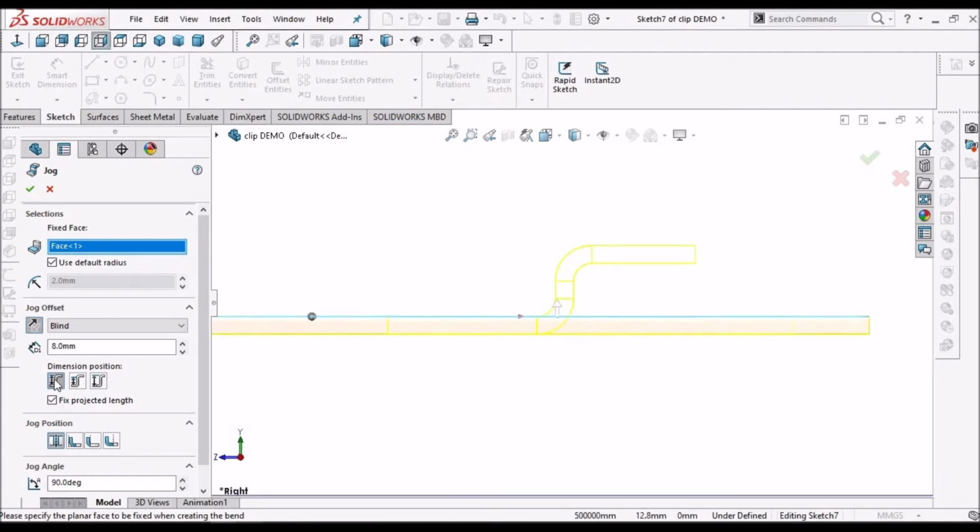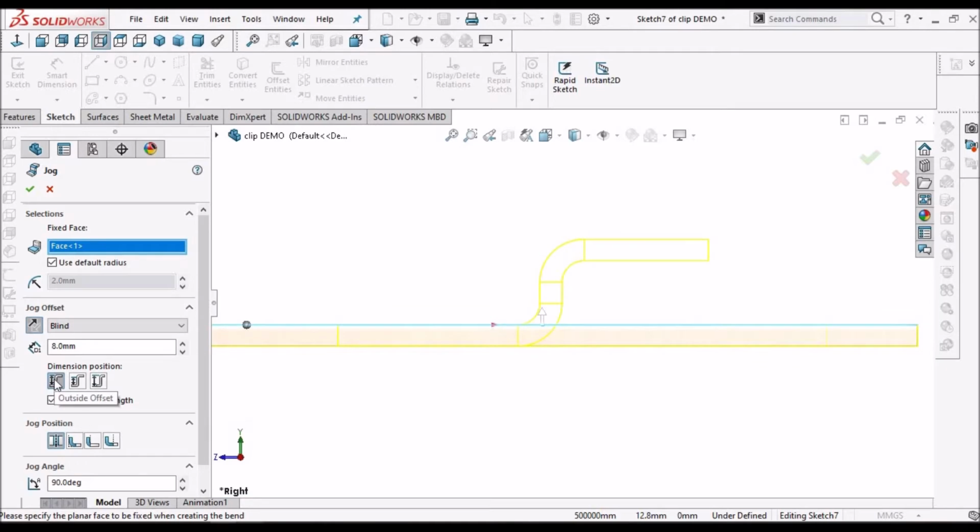Here when I select this option, outside offset, the height, whichever I have taken as 8 mm, it calculates from this edge to the outer edge of the jog.